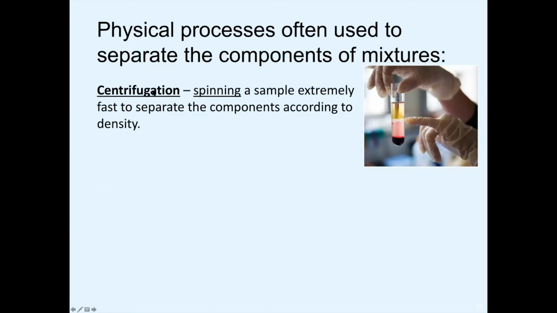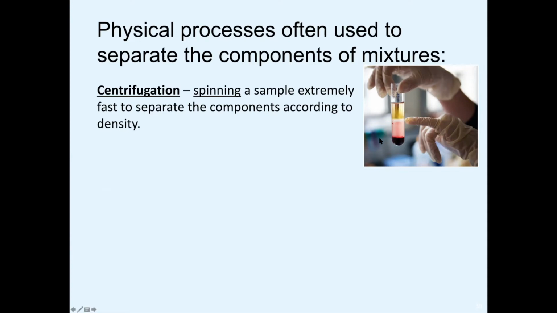So, physical processes often used to separate the components of mixtures. Well, one of them is called centrifugation. Essentially what you do with that is you spin something. You spin it really fast. For those of you who are taking chemistry because you are in the healthcare industry or want to be employed in the healthcare industry, you're probably familiar with blood samples, right? One of the things that's done to a blood sample to get it ready for testing